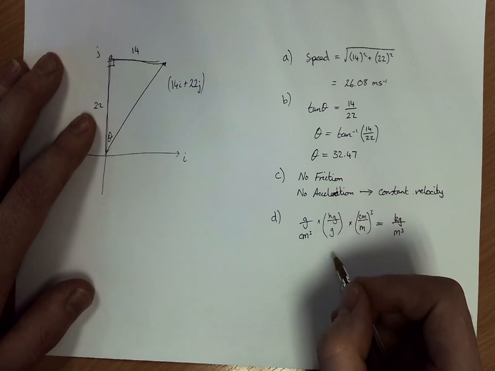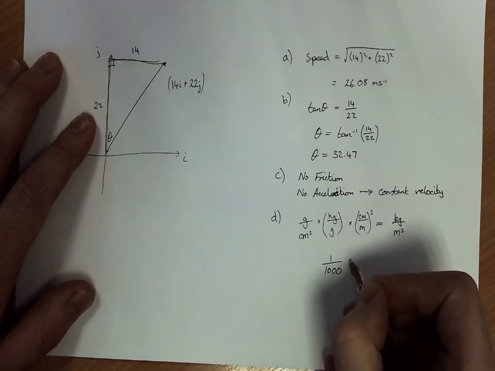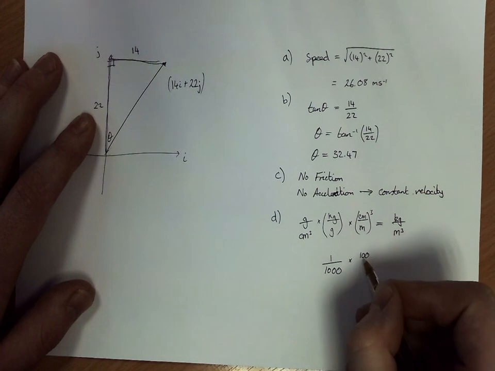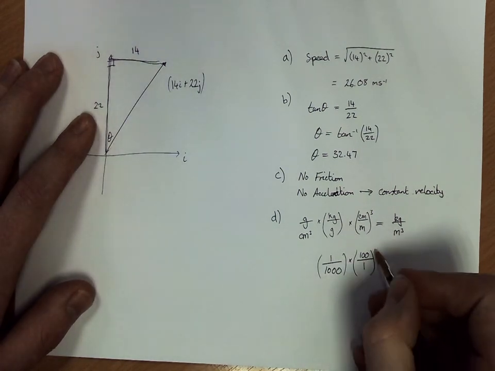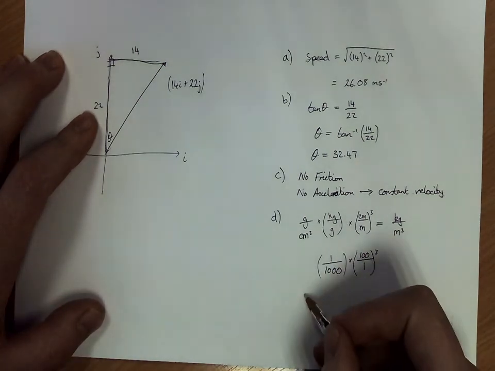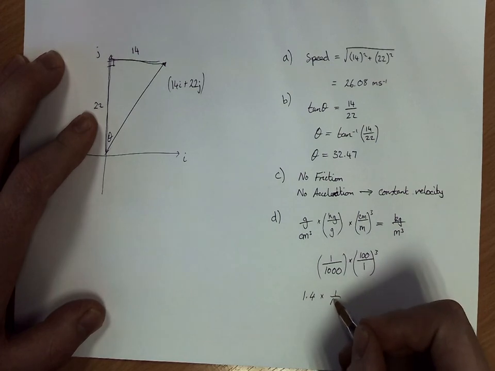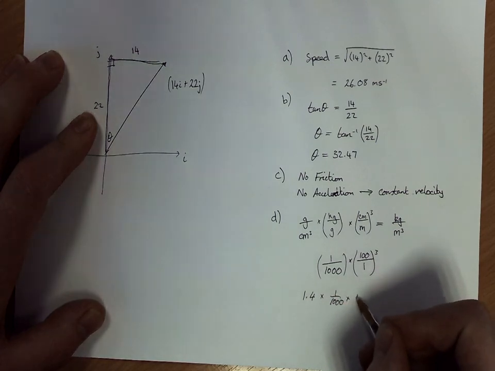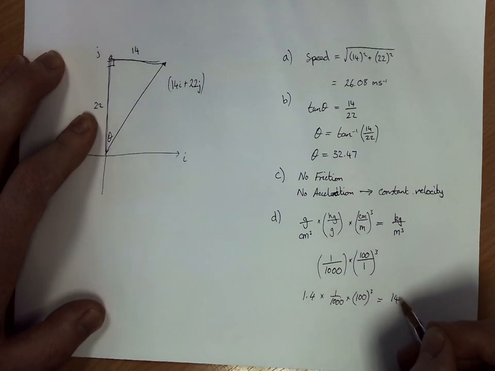So kilograms, 1 kilogram is 1000 grams. 100 centimetres is 1 metre. So by timesing by these two conversions, I'm going to get the density in the format I want. So 1.4 times 1 over 1000 times 100 cubed equals 1400